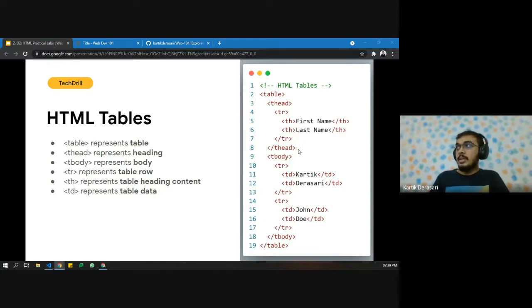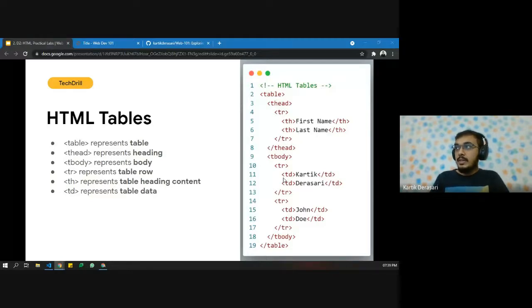So after completing the table head part, we will come to the body part, which is the data part. So tr is the table row. We are again defining a new row for inserting data. We have td, which is known as table data. So we have two columns. First is first name, and the second column is last name.